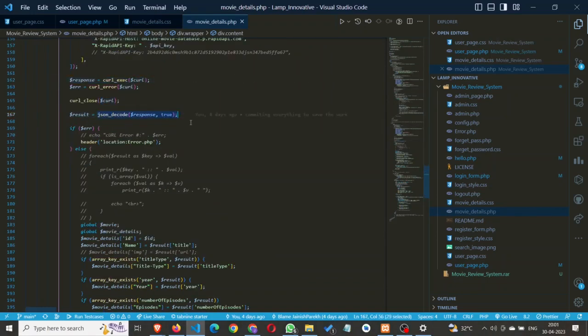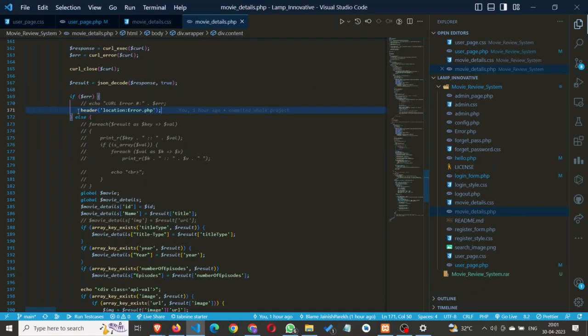Then we convert it again to the JSON format, and then again we pass it to the error API if there is any error in the API. Okay,